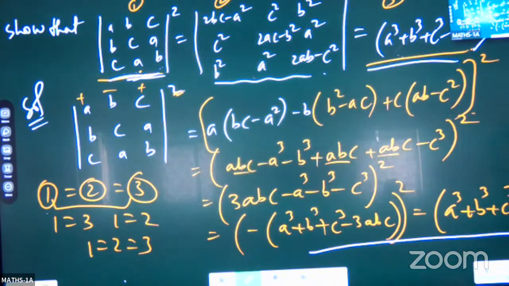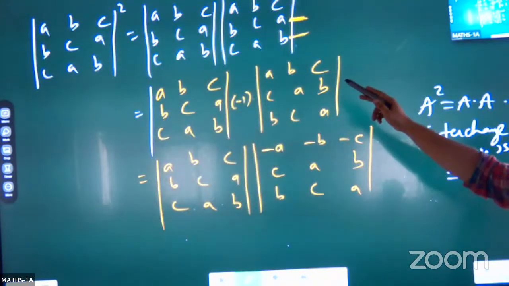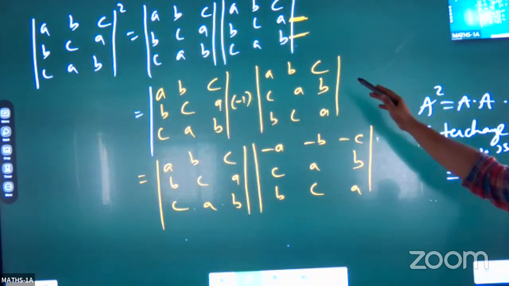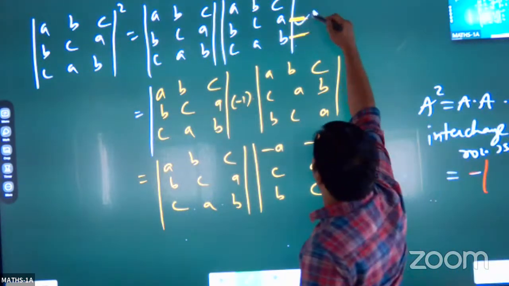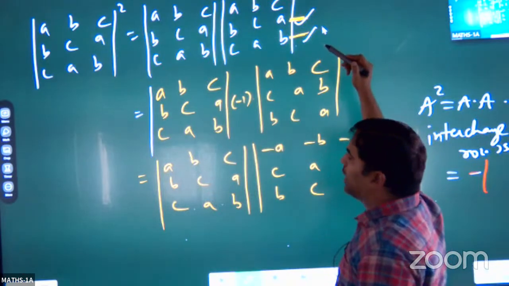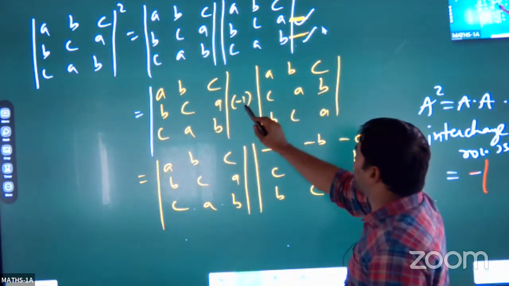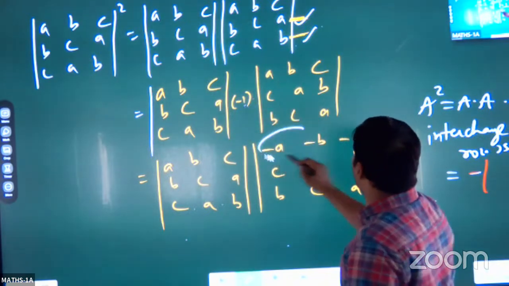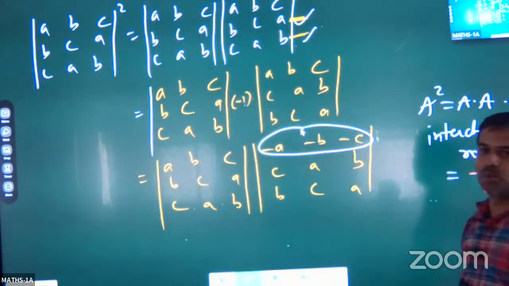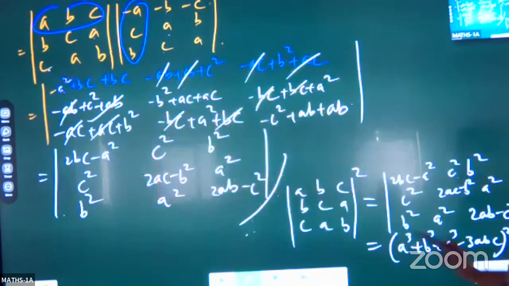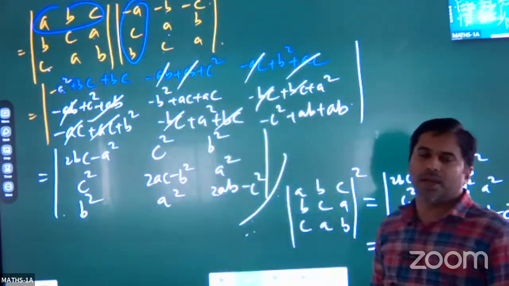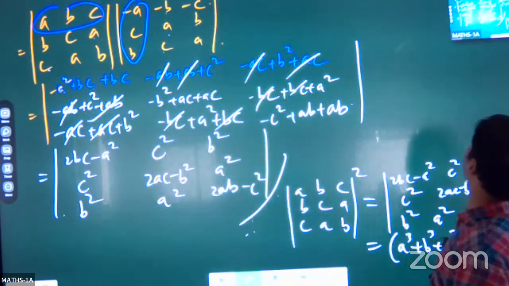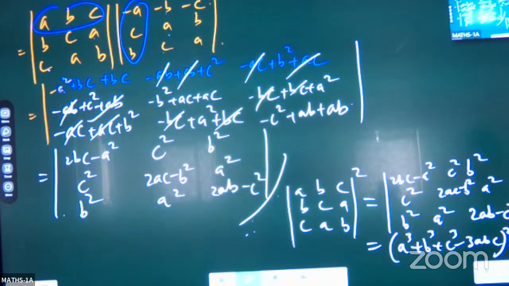Correct? Next board, I took again 1 and I took square, I took it as into 2 determinants. I interchanged this and this, row 2 and row 3, so that I get minus outside according to determinant properties. That minus I multiplied to first row. Then next board, matrix multiplication, and with that matrix multiplication, easily you will get the things. Is it clear? And you should know your basic matrix multiplication so that you can get your result. Okay, right. Next,